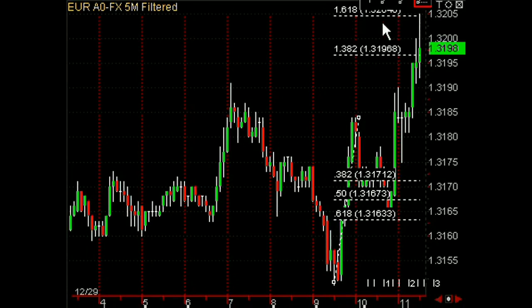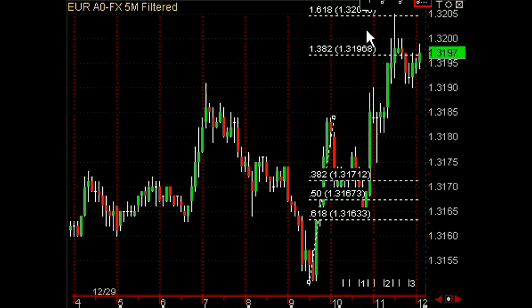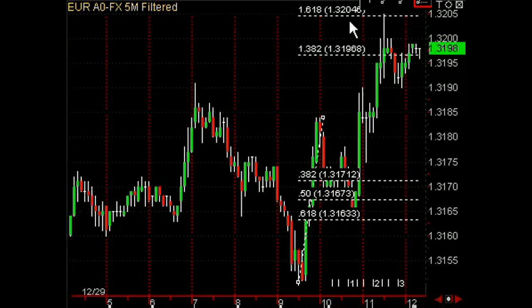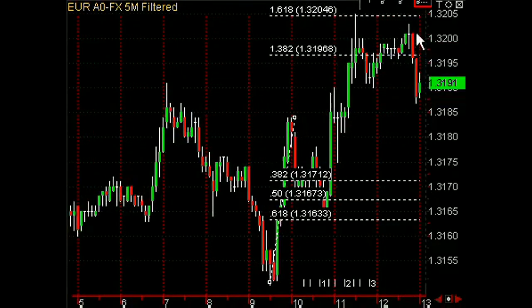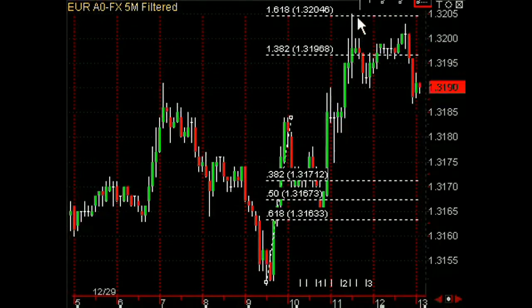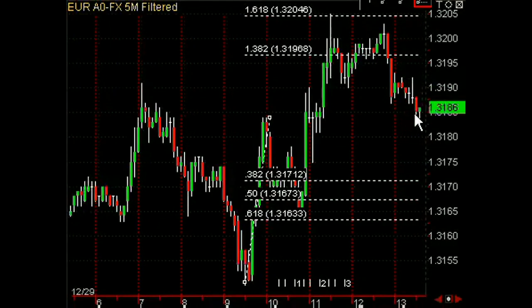If you're a counter trend trader, using the Fibonacci profit targets, using LeverageFX's properly set Fibonacci levels is one of the lowest risk places. So you could get into your short right here at 1.3195 and scale in again up here at 1.3204, and you can see the market pulls back about 15 pips. Goes up and tries to test the high again, forms a double top, and then pulls back about 20 pips